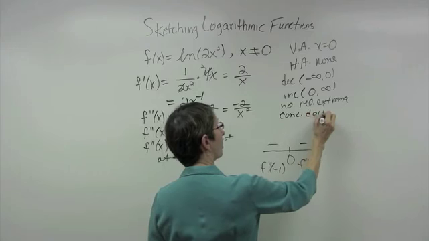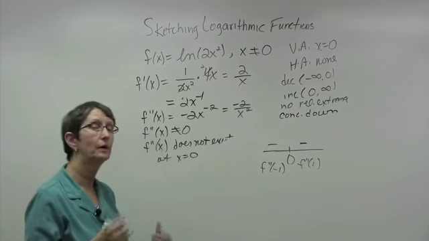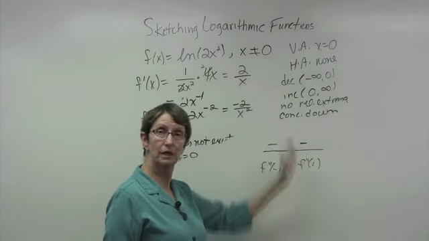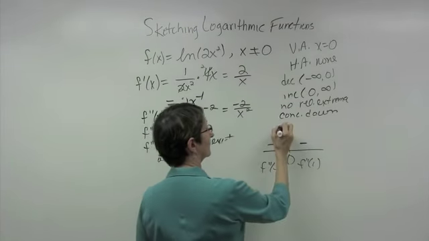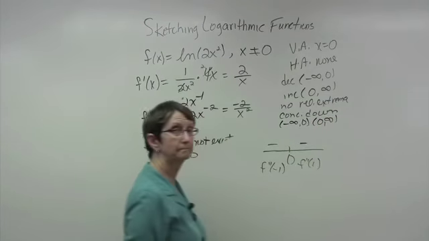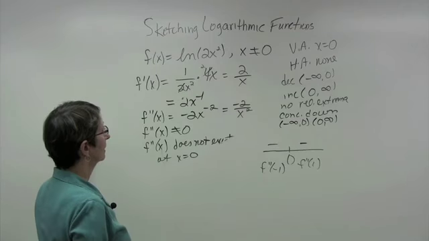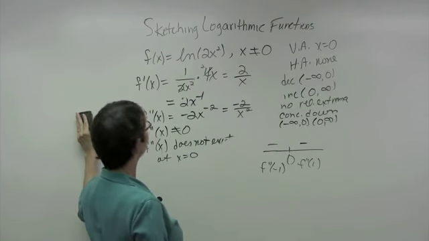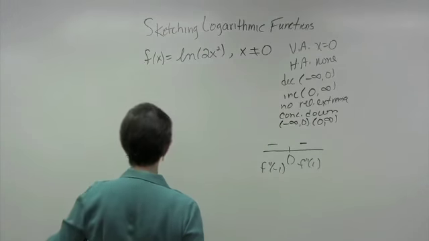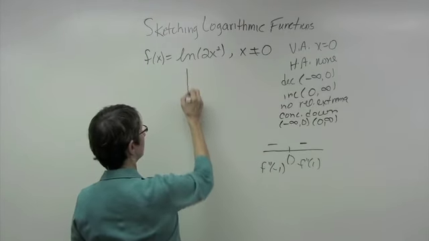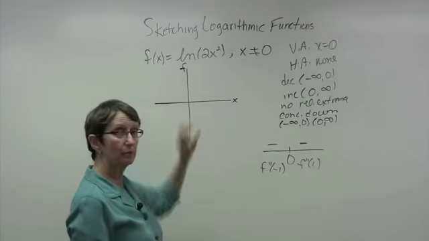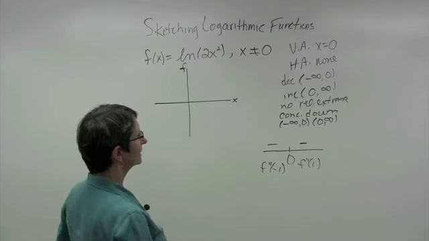Concave down. Problem is, I cannot go -infinity to infinity. I can't write it like that because there's an asymptote in the middle. So I say, concave down, -infinity to 0, and then again from 0 to infinity. So let's see if there's any way we can get this graphed. I know that I have a vertical asymptote at 0. So I know it's in two separate pieces. So let's think about,